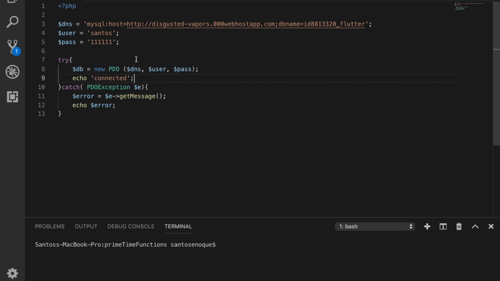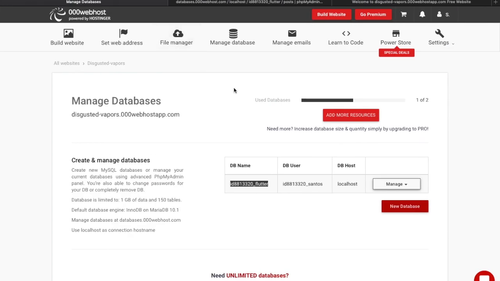Okay, so going through this again real quick, what we created is a DNS variable which is going to allow us to connect to our server. We are specifying that we're using MySQL first, and the host name or our server address is this long address here. The database we want to connect to is this one. The username is Santos, the password is 111111, and we are using PDO because it's more secure and all. Okay, so with this done, I'll save this file,